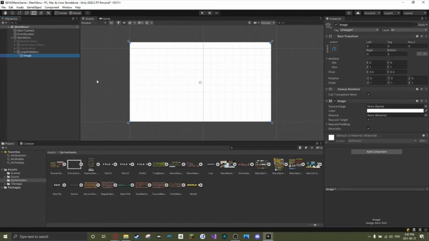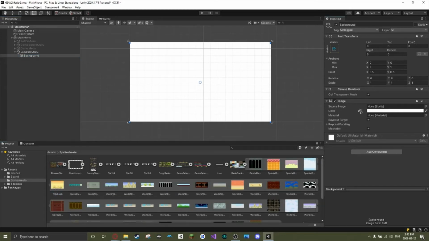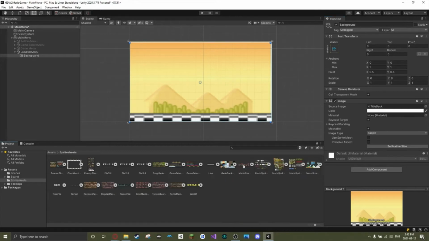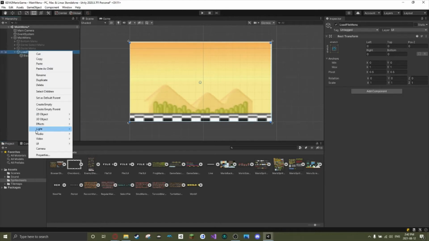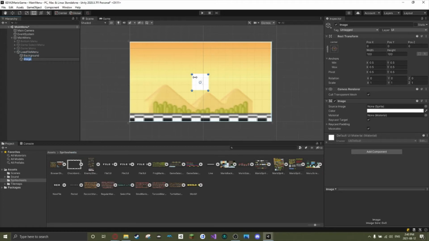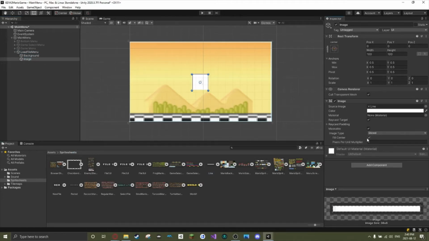And so we're going to call this background, obviously, and the background that we're going to use is actually the exact same one, since this is basically the same menu. And the first thing that we are going to do is add a UI image, and we're going to change it to the line separator that we created. And we're going to change it to simple,